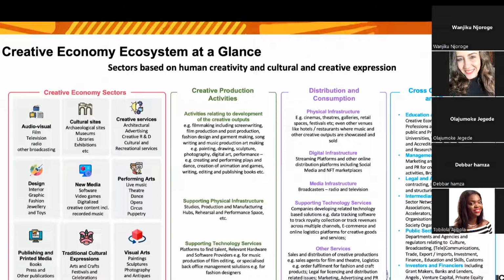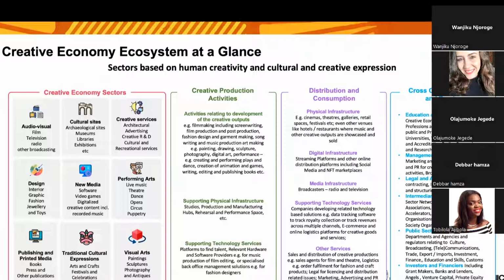And the activities under creative production relate to those creative processes like writing a script or designing a dress or writing a song or making a drawing. They're all the creative activities that result in the creation of a product, a creative product. And many businesses focus on these creative production activities, but that's only one part of the creative economy ecosystem.